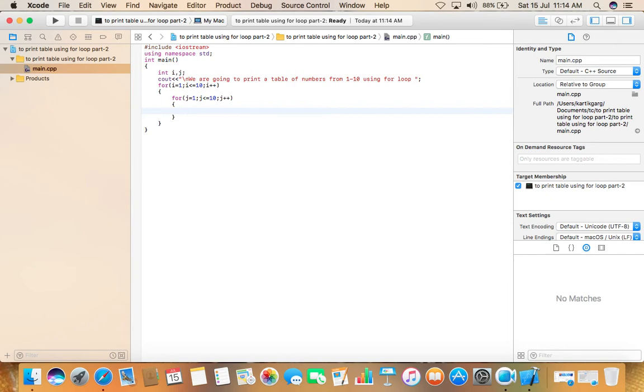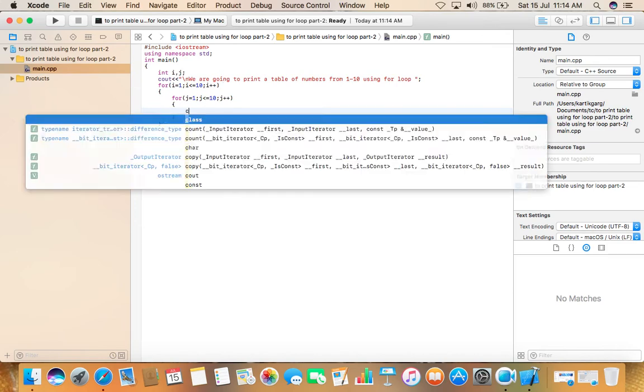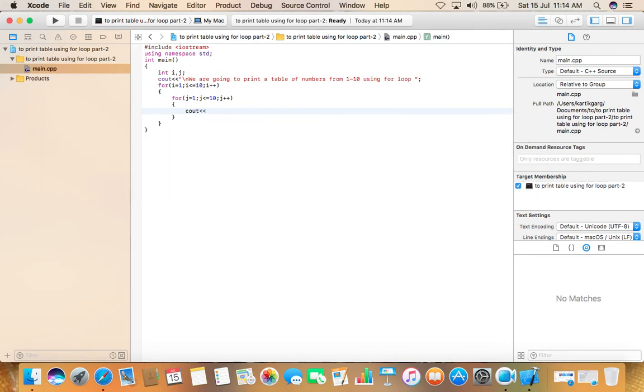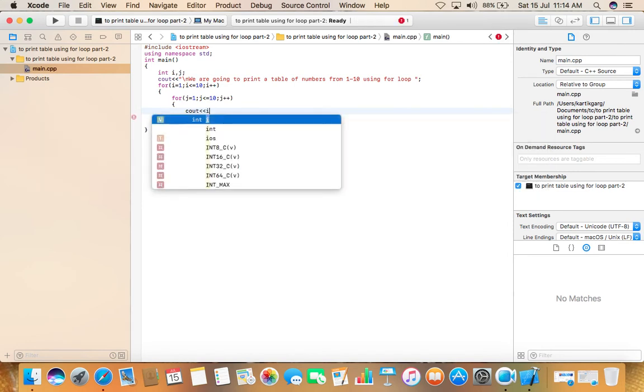But before that, I would like to tell you that it is not a messy thing. It is easy. So please just focus, and I will tell you here that cout i star